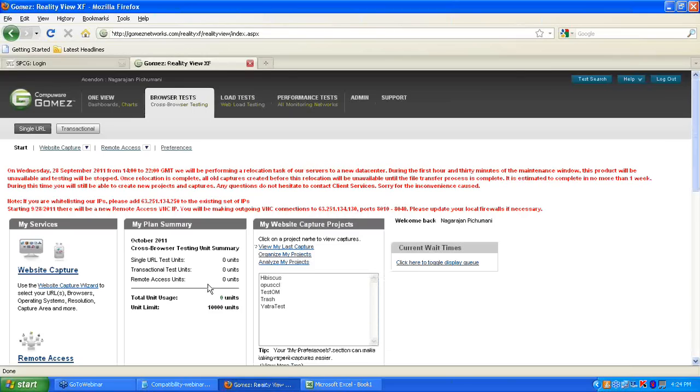Now there is something called website capture wizard. If you look at it, there is a website capture wizard. Then there are two things. You can see something called a single URL, and there is something called transactional. When you say single URL, it just checks one URL alone. Transactional checks the entire events, like I go to the home page, I log in, I select something, I enter some data, I log out. Today we are going to see only single URL. You will get an idea. Now if you go to this website capture wizard, right,